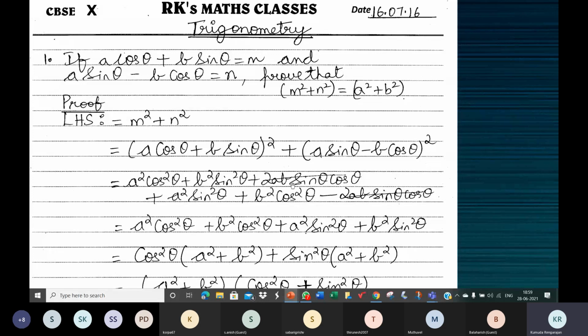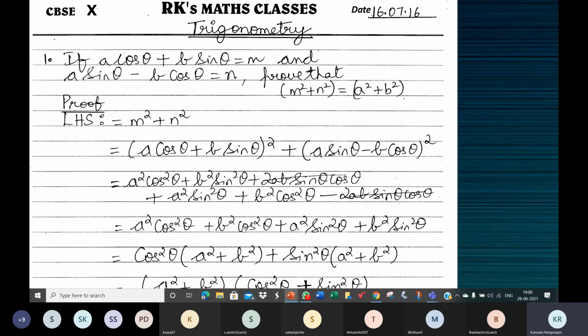So the next step. You can see here that this plus 2ab sin theta cos theta and minus 2ab sin theta cos theta get cancelled. So you're left with 4 terms. I have grouped the 2 terms which have cos square theta and the 2 terms which have sin square theta. You can also group terms that have a square and b square. You can do grouping in any way, your choice. Now we have 4 terms. See, it's so algebraic. That's what we've been telling from the start of this chapter. So what to do after this? There are 4 terms, so we'll proceed by grouping.